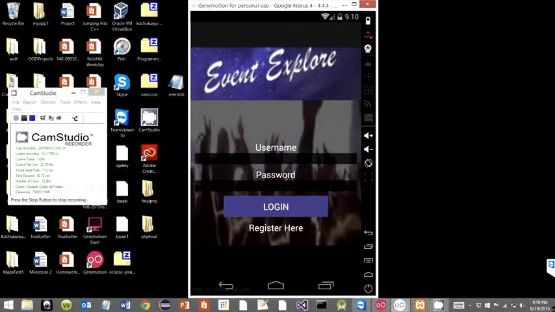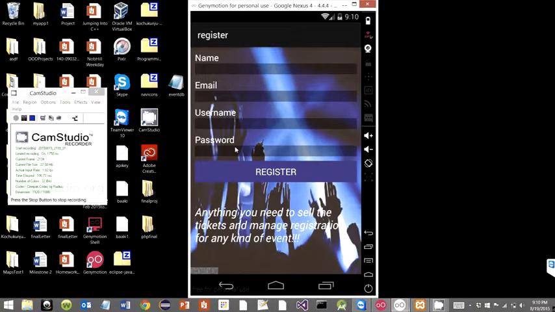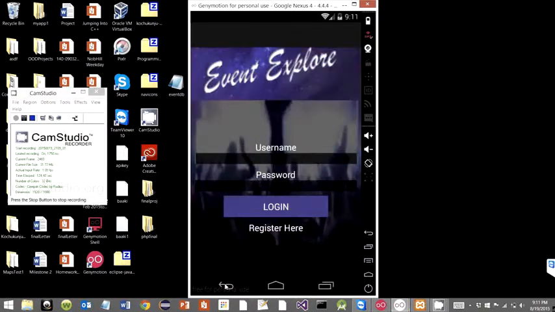Okay, thank you. The login is handled by basically two activities without the help of any third-party libraries. What I mean is that the username and password are directly authenticated. If it is a new user downloading the app for the first time, he'll have to click on register here, which will start a new activity. Here he will have to give his credentials, and depending on the email and the username, which have to be unique, and on various other criteria, he will be registered as a user. He will be guided back to the login activity which you saw first, with which he will have to log into the app again.